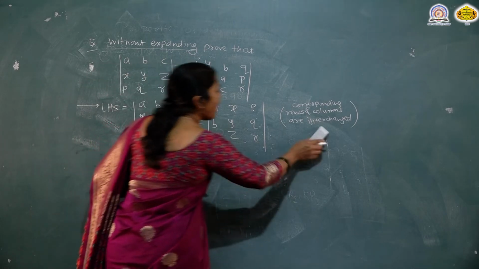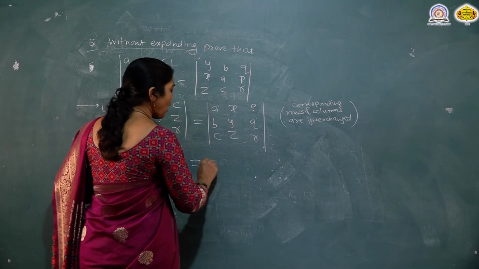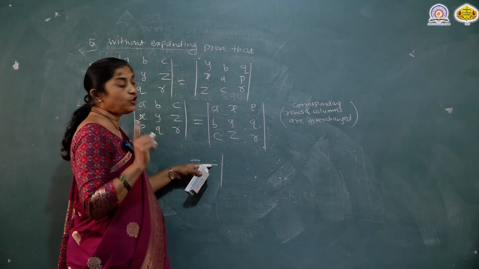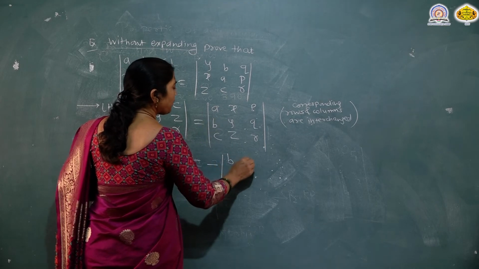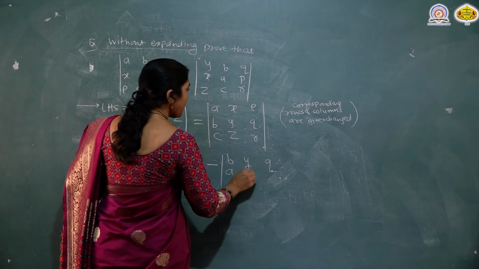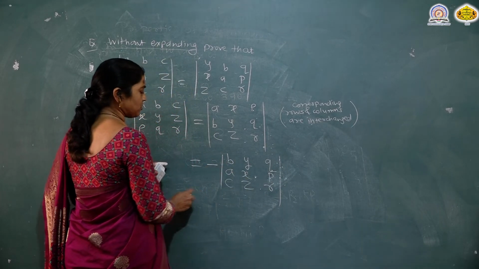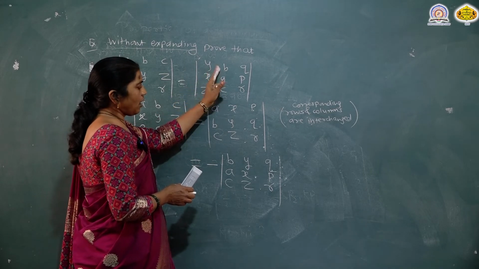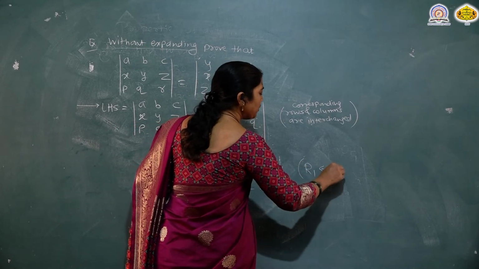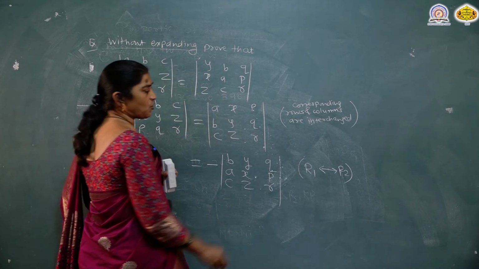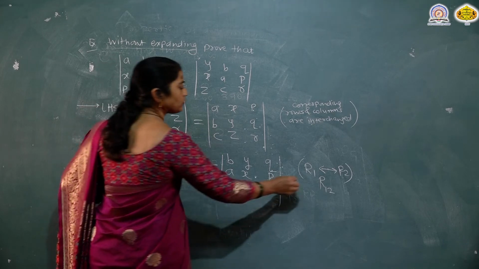Now, observe that I will interchange the first and second row. I will have a minus sign because if you interchange any two rows, we get a minus sign. So, interchanging first and second row, we will get BYQ, AXP, CZR. We are changing the first and second row, so the sign changes. Now, observe that we want Y and B interchanged. So, this is R1 and R2 I am interchanging, or it can be written as R12, that is, interchange first and second row. We get